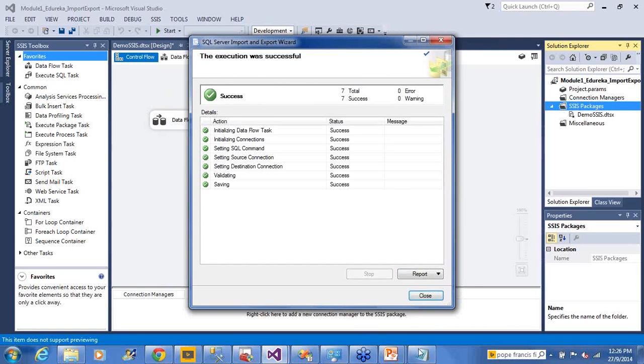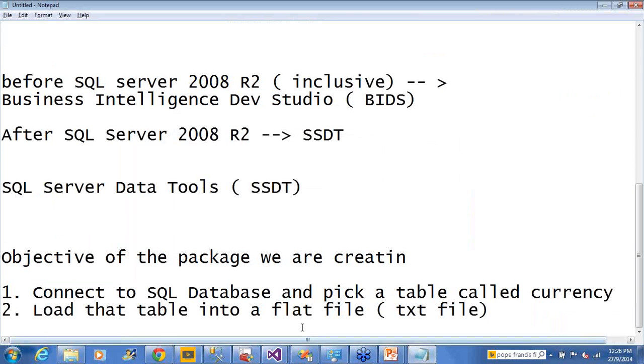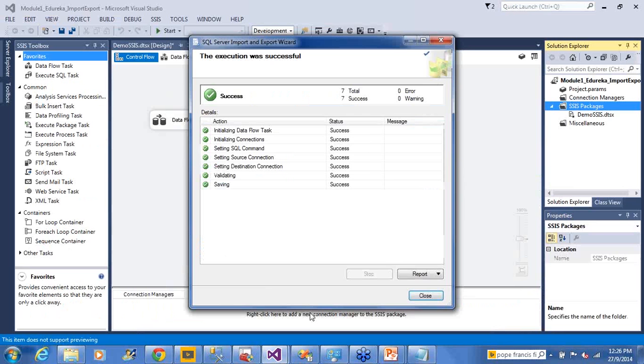For this, I'm not directly creating an SSIS package. What I will use is a concept called the import export wizard, which is given by Microsoft, the SQL Server import export wizard, to do these operations. So we'll create this import export wizard using SSIS. I'll go here, right click, go to the SSIS SQL Server Data Tools, go to SSIS packages, right click, and I have an option called SSIS import and export wizard. Click here,